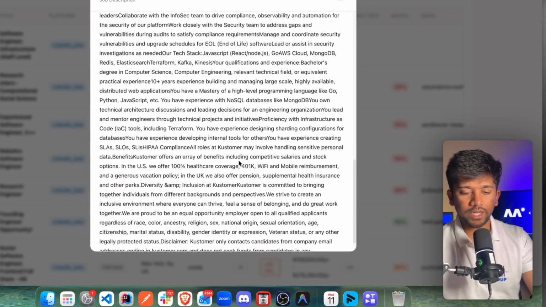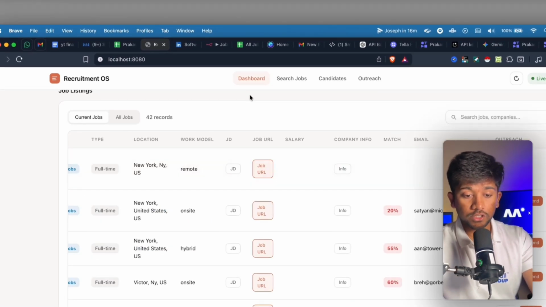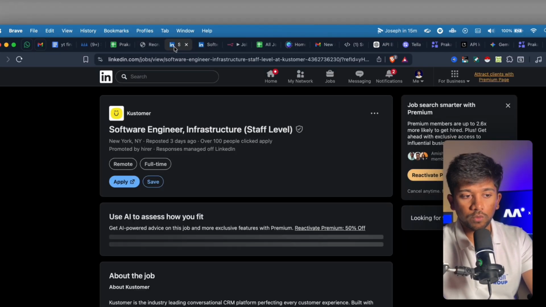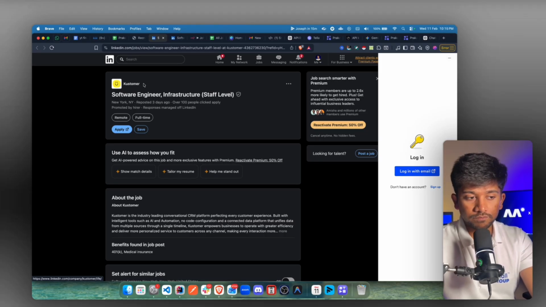So I don't have to go anywhere else. I can see all the details right here in Recruitment OS. The next part is job URL. If I just click on it, it's going to take me to the right job. So you can see that it opened the LinkedIn job page where this company, Customer, opened up software engineer for